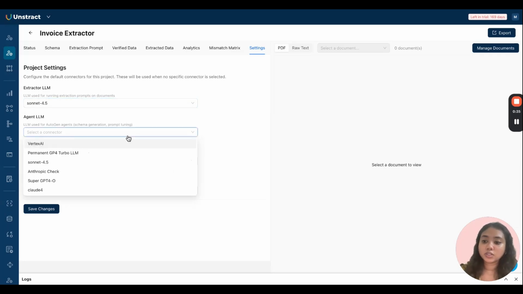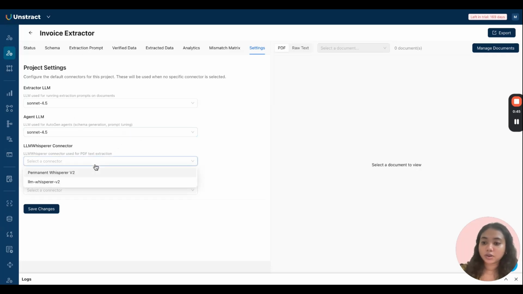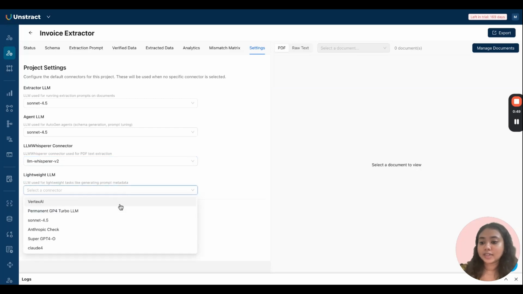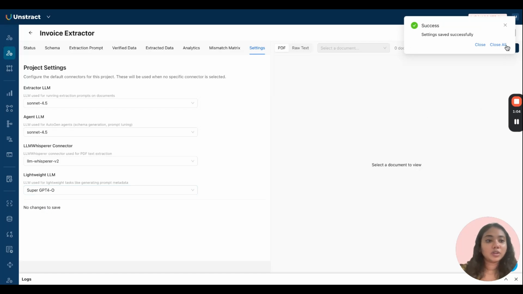And we could also choose a different model for the agent LLM. So this LLM basically would be used for schema generation and automatic prompt tuning. Again, there is LLM Whisperer, so we could choose from which one of the connectors we want over here. And finally, there is a lightweight LLM that I'm going to define, which would be used for tasks like generating the prompt metadata. So once this is done, I'm going to click on Save Changes,